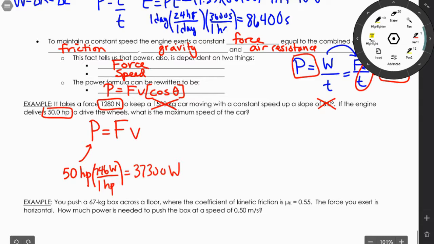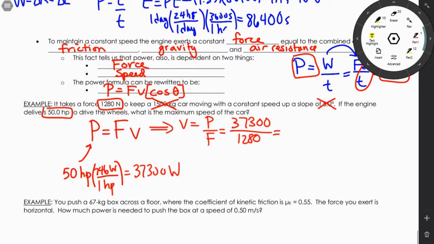Okay. Now we're looking for speed, so we need to solve this for V. So it's going to be power over force. And so we got 37,300 divided by our force, which is 1,280, which means the maximum speed that this car can maintain in this situation is 29.1 meters per second,